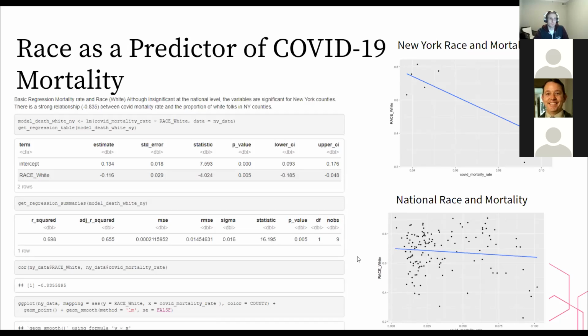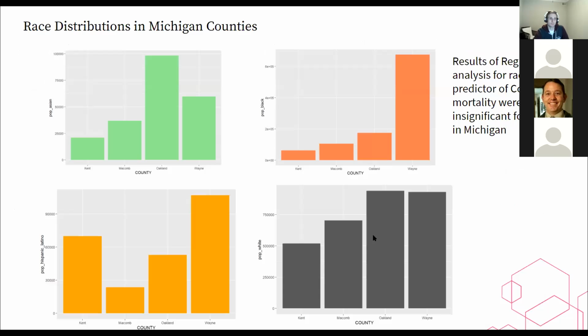Go ahead, Charlie. I was just wondering if the race clustering that you saw that was predominant in New York was partially related to the correlation you're seeing, and then there might not be as much clustering if you look at a national level. Just a thought. Yeah, and one thing that I did note, I can't recall if I have it in this presentation, but